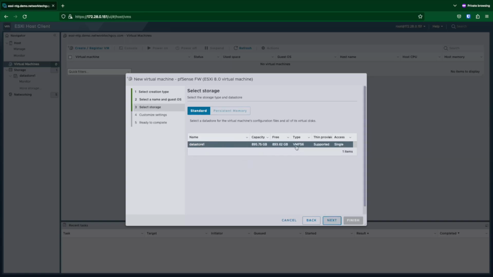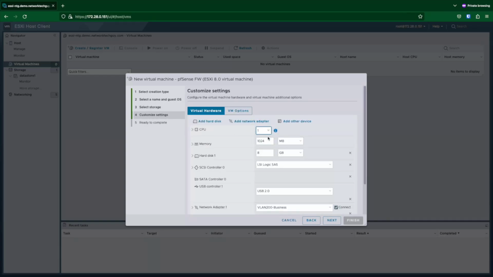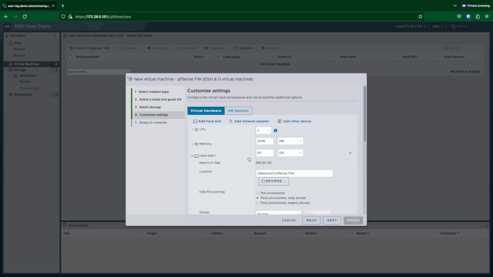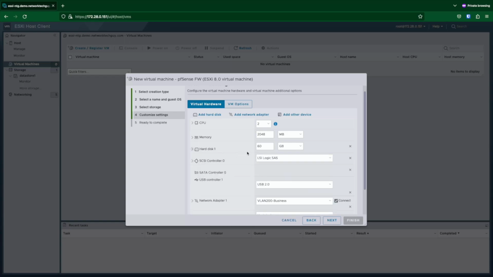So our data store has roughly 900 gigabytes capacity. So let's do this. We'll assign 2 CPUs with 2 gigabytes of RAM. We will assign 60 gigabytes of hard disk space. We will use thick provision for pfSense because it complains about thin provision for some reason. So